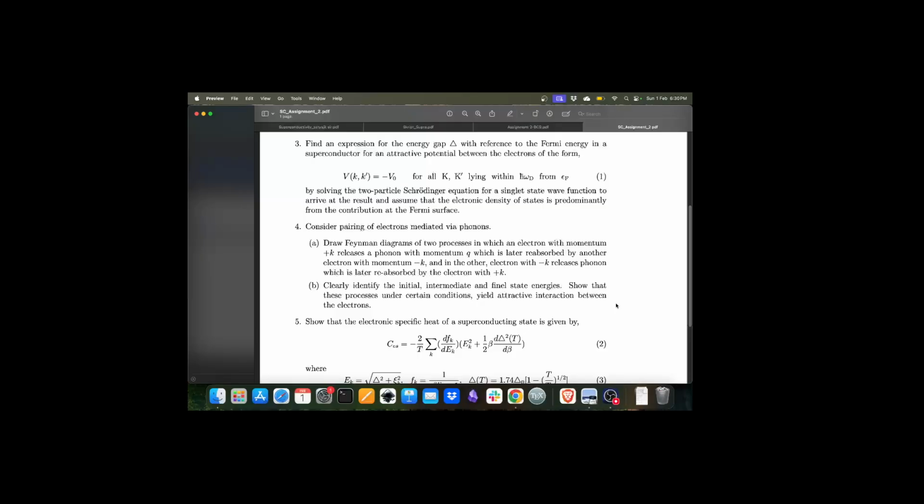There also we had a BCS Hamiltonian, something like sum over k and sigma, where sigma denotes the spin, epsilon of k sigma, c_k sigma dagger c_k sigma, plus again a sum over k sigma and another index l, V_kl, c_k up dagger, c_minus k down dagger, and c_minus l down, c_l up. Okay,